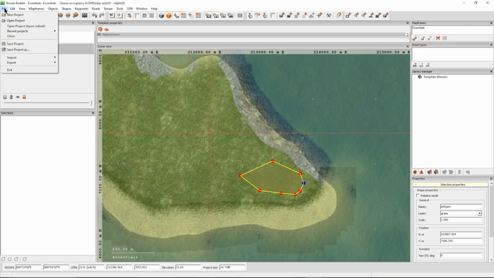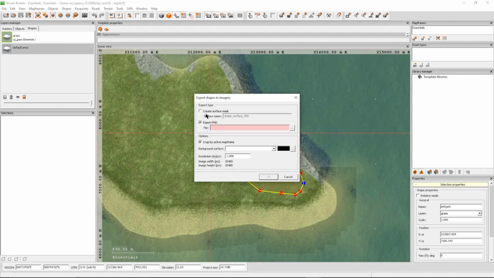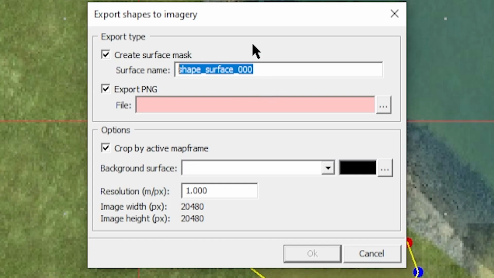So now we want to go to File and go Export Shapes to Imagery. So that shape that we just made, we're going to export it to imagery. This is the mask that I'm talking about. We're going to go ahead and have it create a surface mask for us. We're going to name this, I mean, it's kind of our default mask that we're going to build from here. So you could name it default, or just base or grass. I'm just going to do this one as